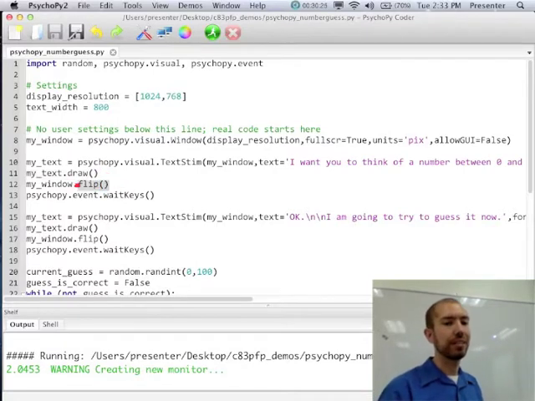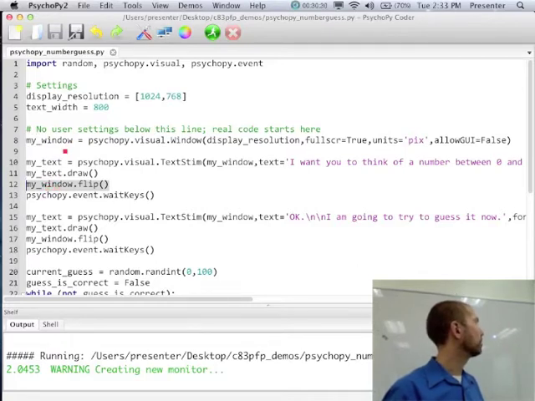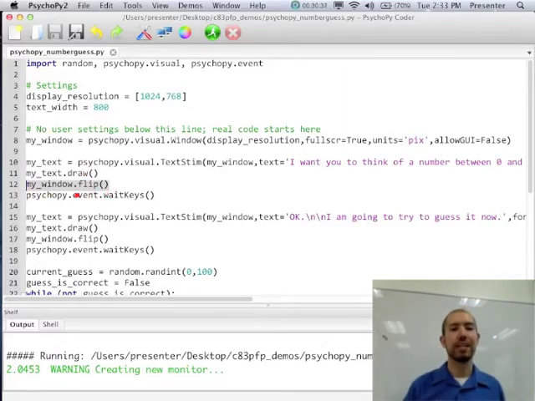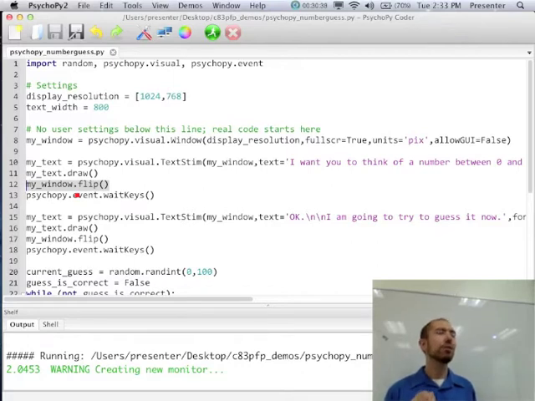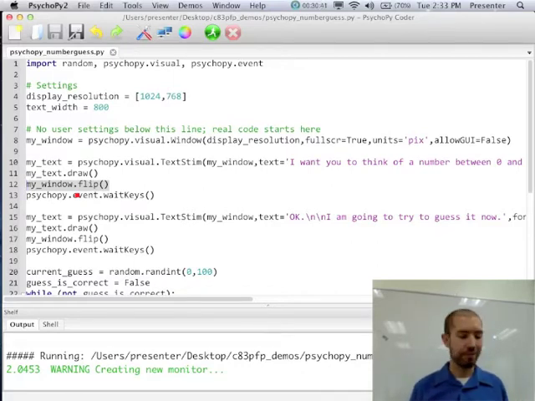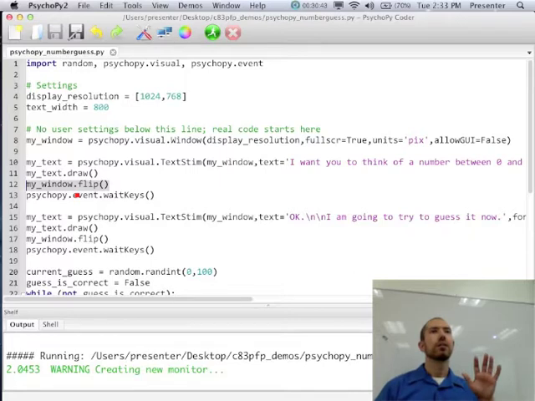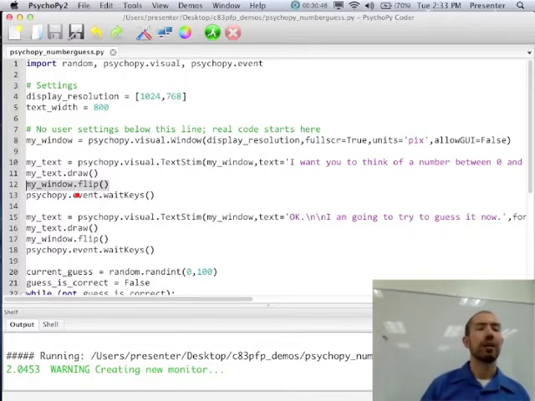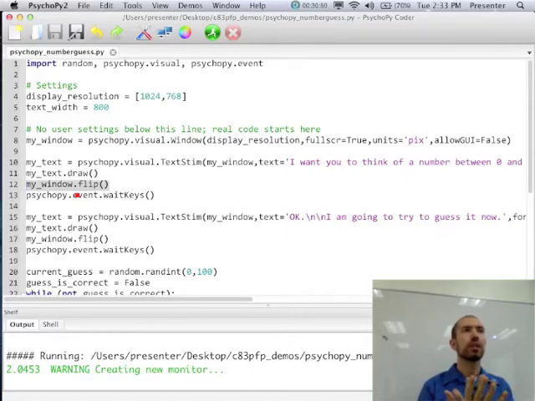And the next thing we get is we're calling a method of the window, right? So we have this window object, we created it, and we're doing this flip thing. Now I haven't explained this yet, but this is a little bit of what we're doing today. So what this flip thing basically says, and I wish I had a visual to illustrate this. When you do drawing in PsychoPy, what you'll find is it uses what's called a buffer model, where the idea is you might want to draw a bunch of different things on the screen, right?